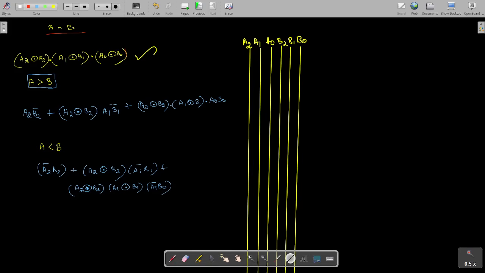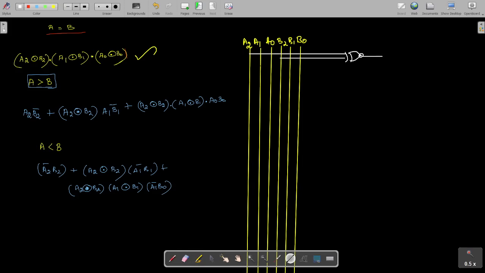Okay. So the first term is A2 and B2 are equivalent, right? A2 and B2 are equivalent. So we take the connection from A2 and then from B2, and the equivalence gate is the XNOR gate. Okay, so we are putting this XNOR gate function. So this is our first term. The second term is similarly A1, B1 are equivalent, right?